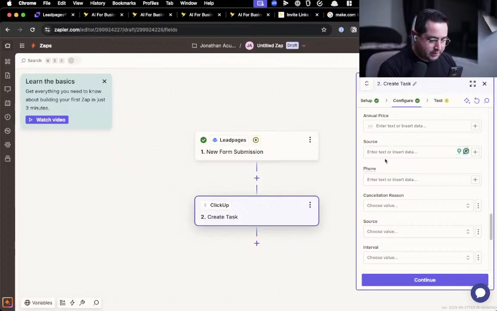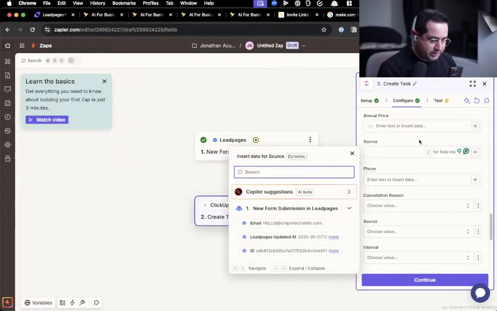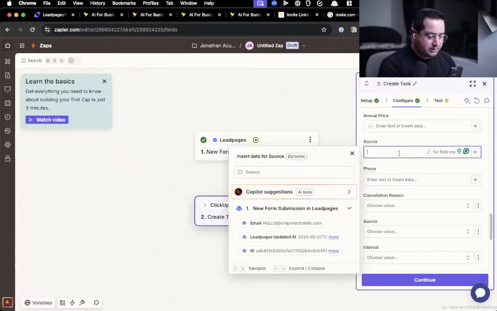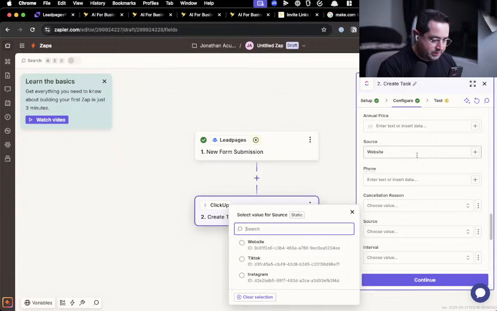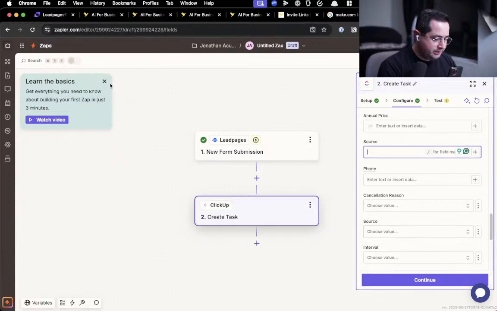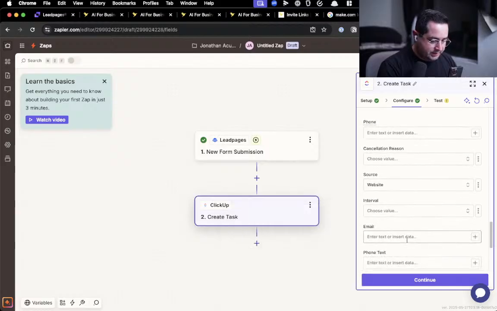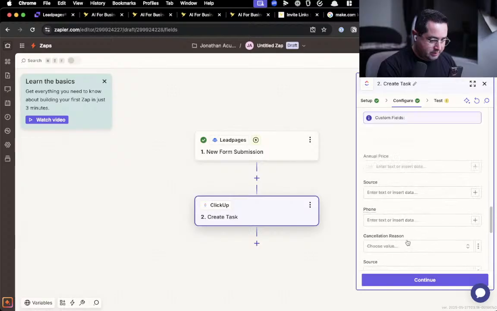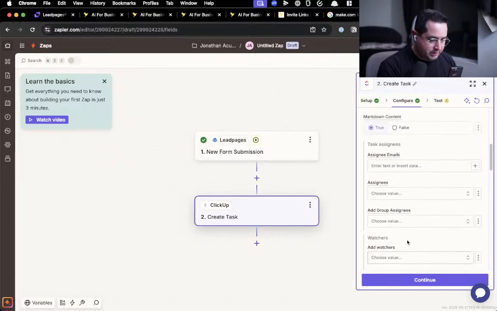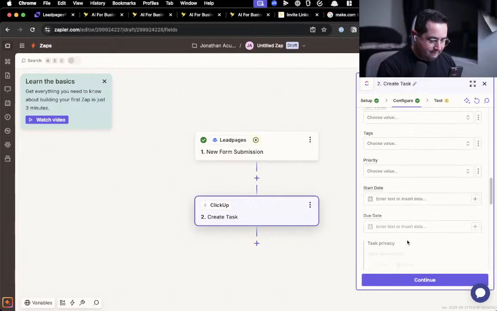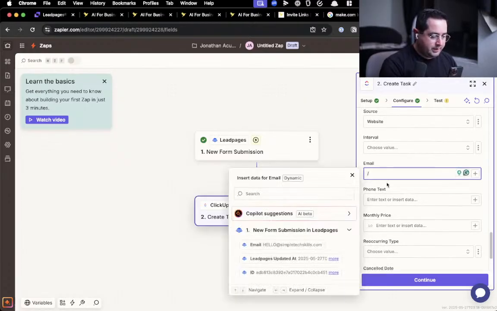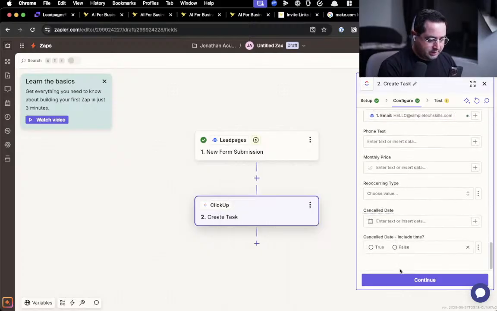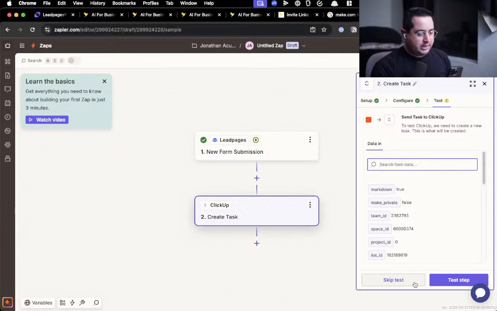Wait, refresh. I think it dropped down. Source, website. Oh no, there's two sources. Yeah, there is two sources. I have two sources. Oh well. That's for tomorrow, John, to figure out. Source website. And then I just need email. Email. Okay, so that's good. Let's continue and then test it,